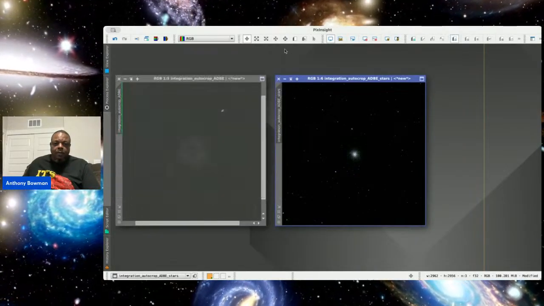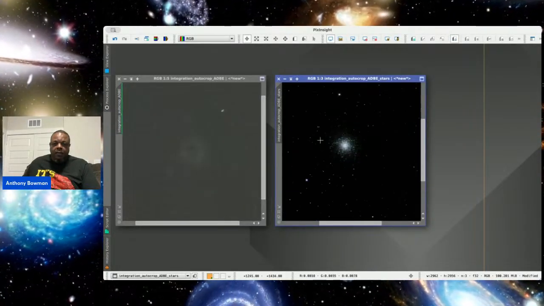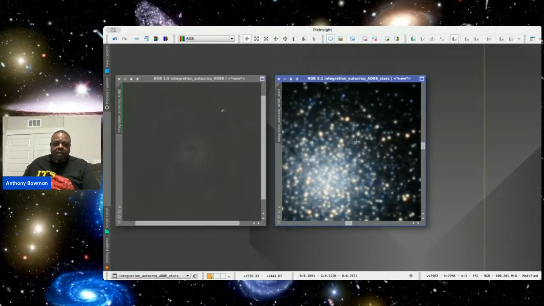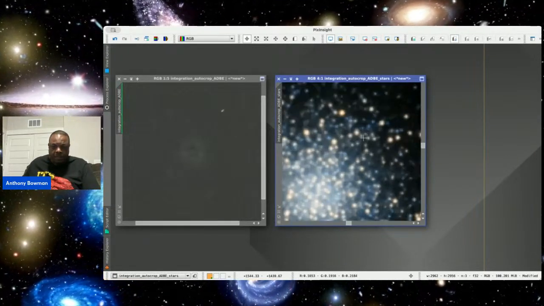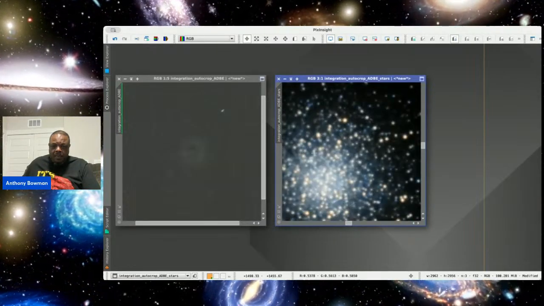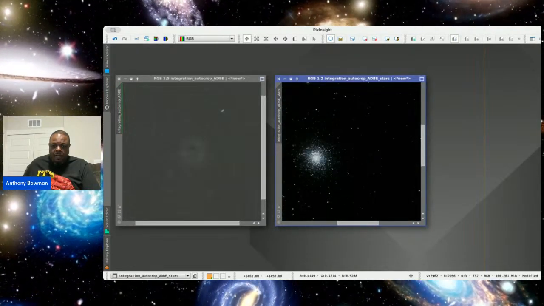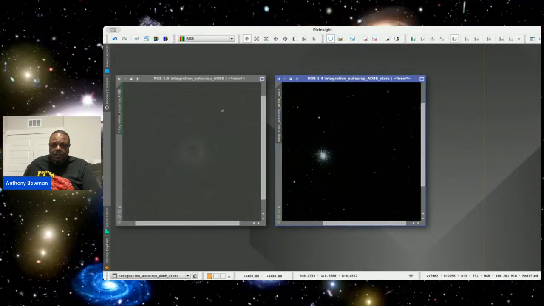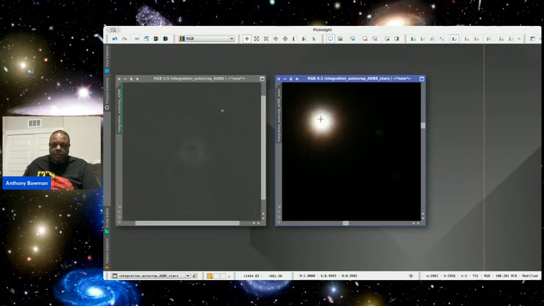So that was pretty quick. So now we got it stretched. Now look at those stars. See how you got blue and you can see your reds. And we're not done, but that's what stretching it and then adding that color boost does, it brings out the color of those stars.